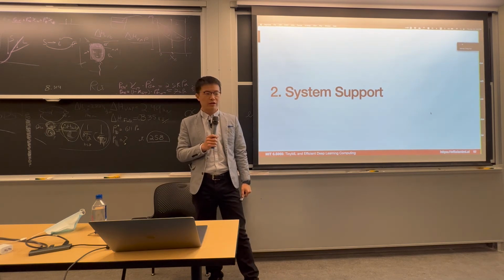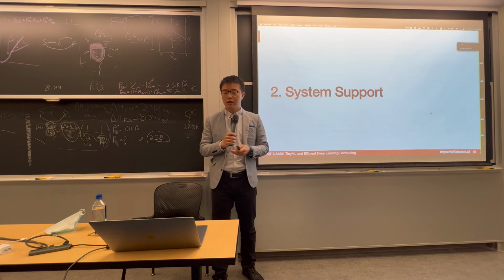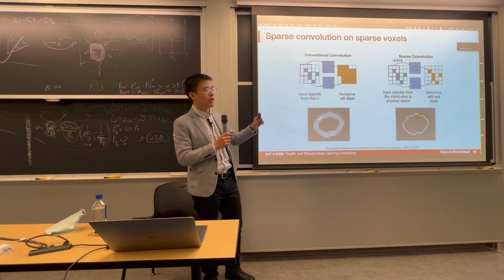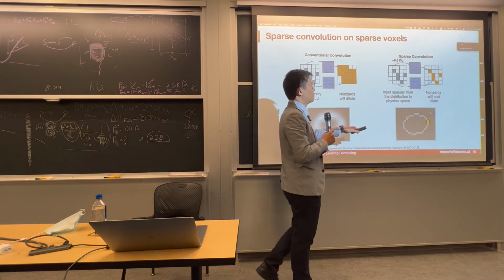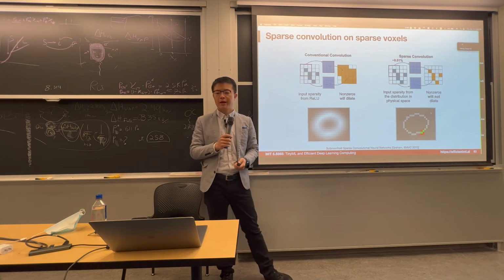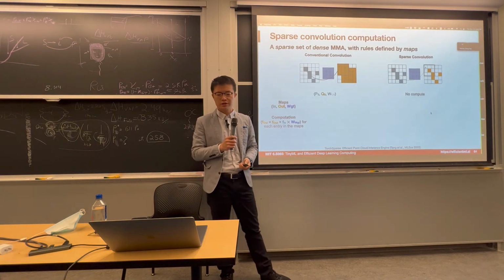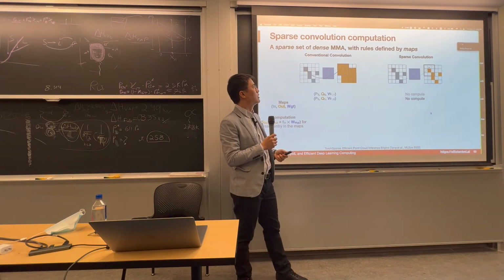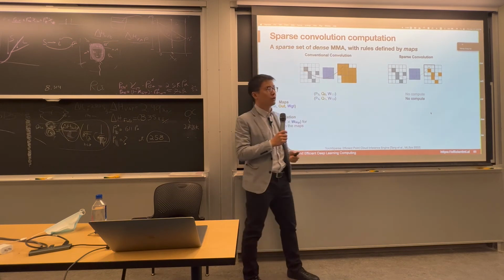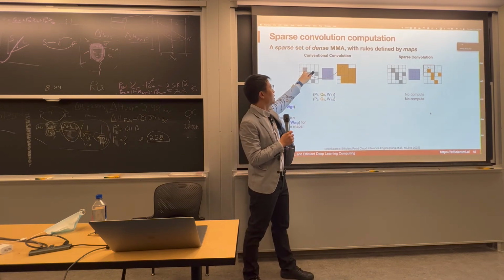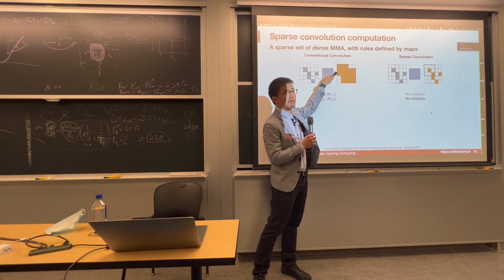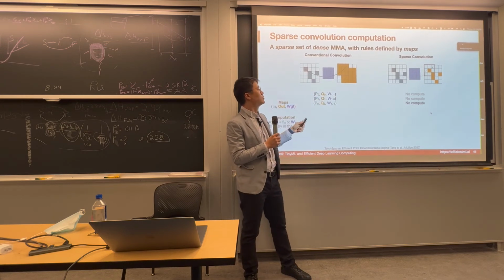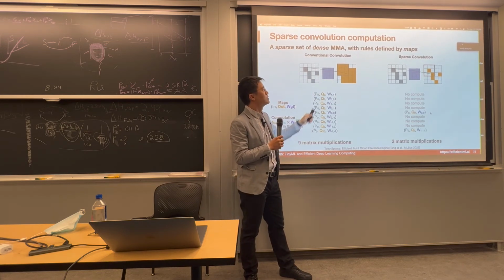Okay, so now let's switch gears to talk about how to design efficient systems to support different algorithms. First of all, the convolution on sparse point cloud is fundamentally different from the normal 2D convolution on images, where the convolution is very regular, and for each input, it is going to interact with each location on the kernel. Therefore, if the kernel is 3 by 3, the one input is going to interact with 9 outputs in the